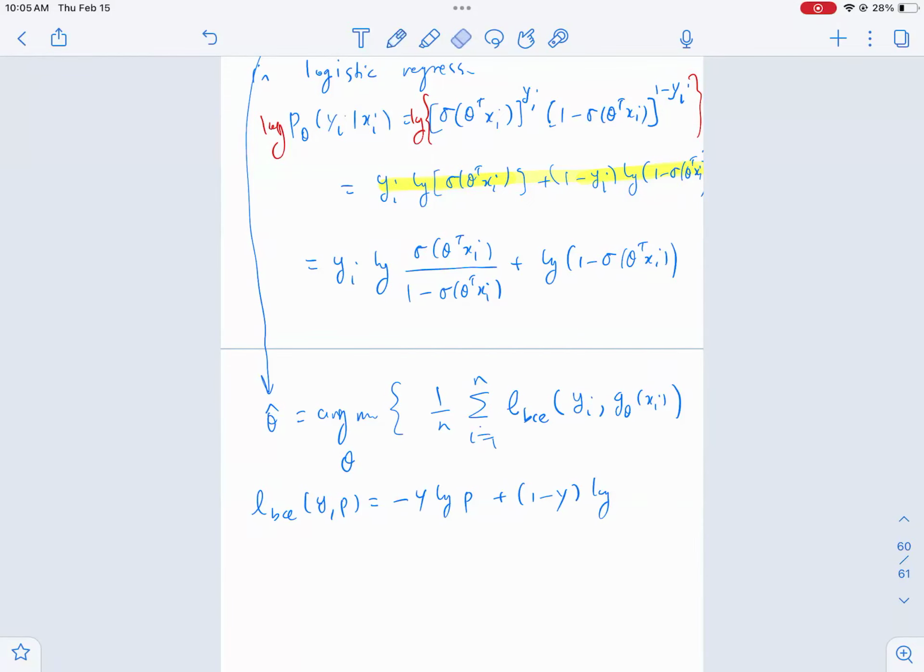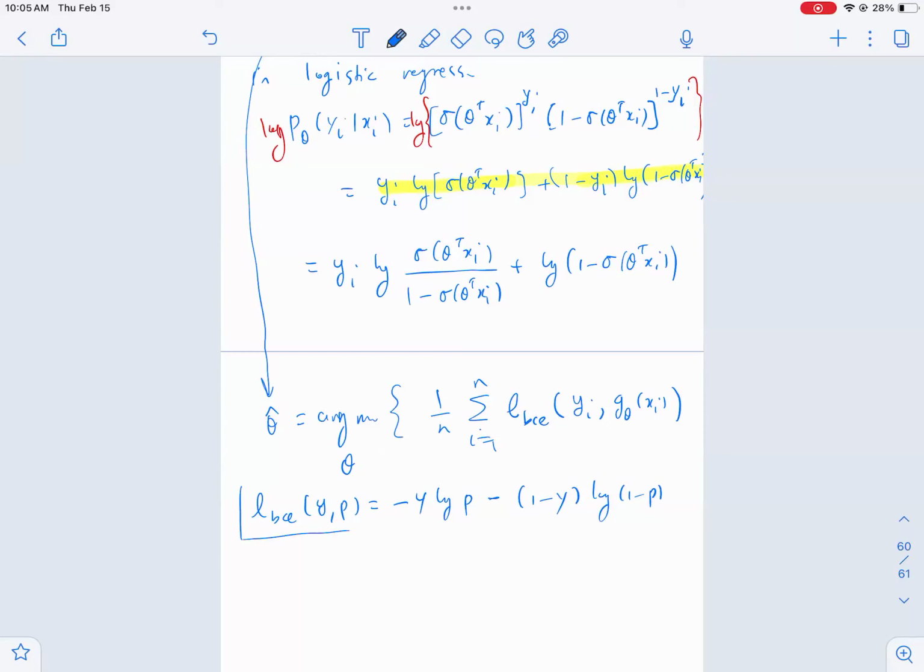Another minus here. Log 1 minus p. So forget about the simplification first. If I define this as called binary cross entropy, if I define a loss like this, which takes a y and a p, and outputs this quantity, which is, you can see, the negative log likelihood of Bernoulli,